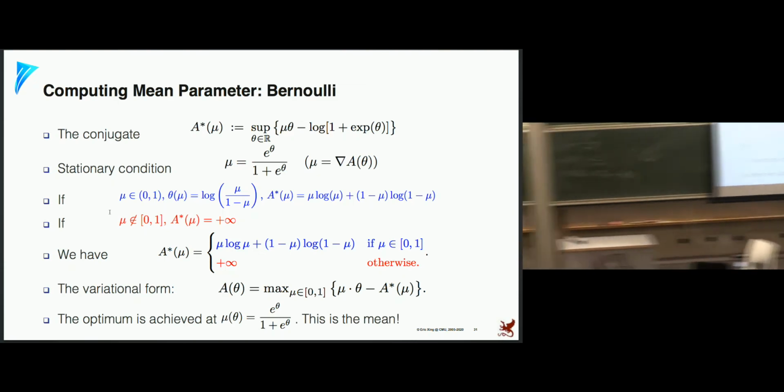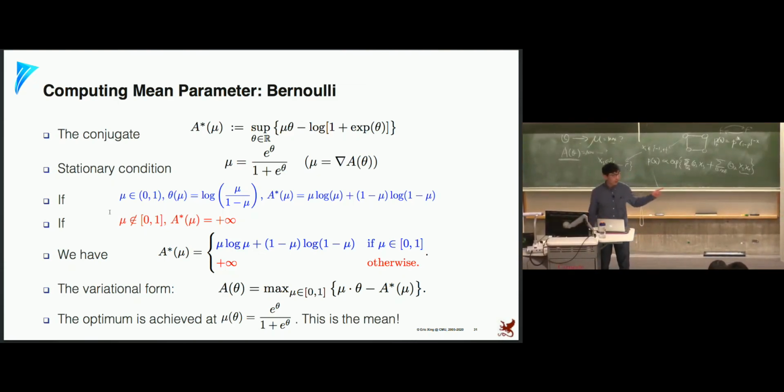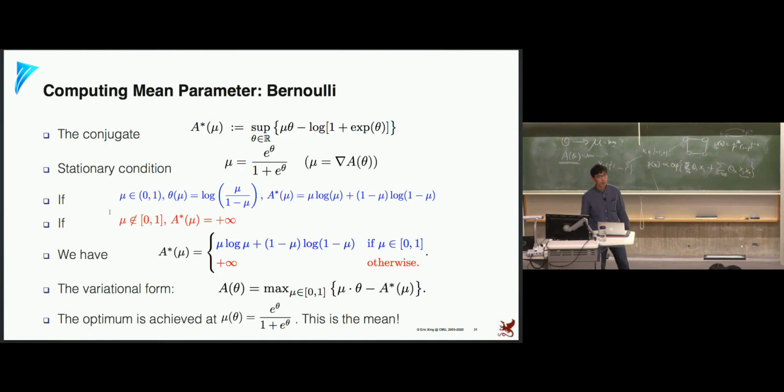And the argmax of mu there in the lower problem is going to be our mean parameter, and it checks out easily in this case. So we've been through a very long, very indirect journey of first looking at the conjugate function, then trying to write down its stationary condition, then trying to identify the region of mu, then writing down this A as the maximization problem restricted to that region, and then plugging this dual function in. And that's the final variational representation we're going to solve.